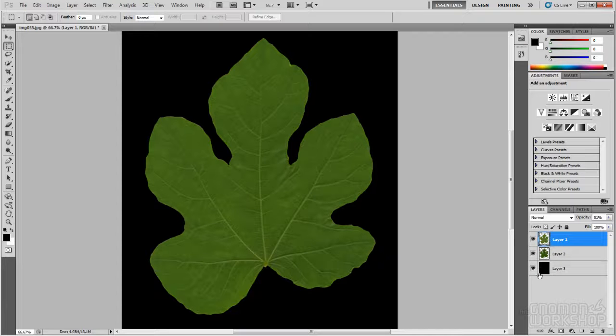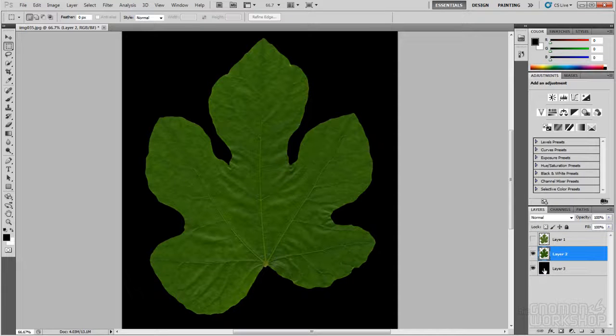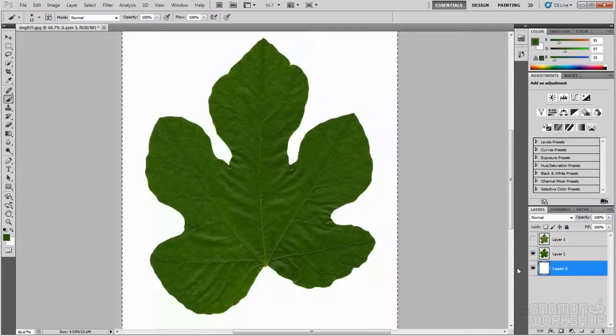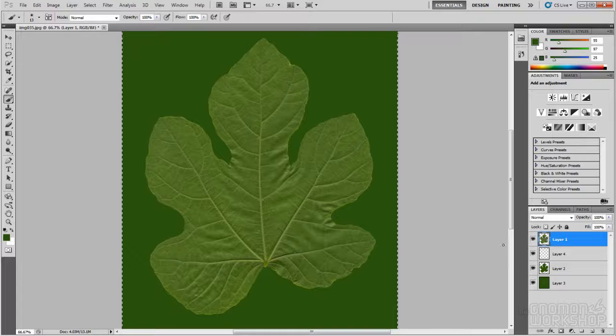And then the next thing that's a good idea to do is for both of these guys, let me put the opacity to 100%. And then for this one, the color that's behind it, I'll just eyedrop a green from in here and then just fill that layer. And then I'll make a new layer between this and that. I will select a pixel from this guy, just some average color,